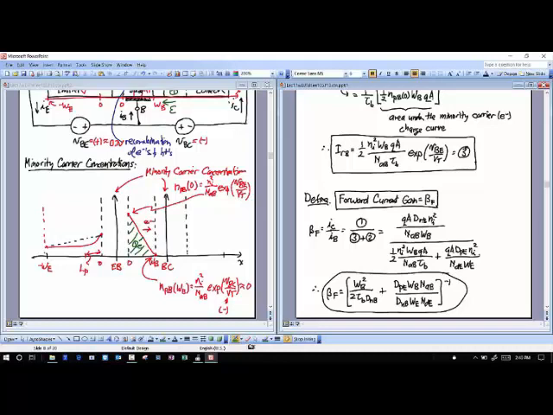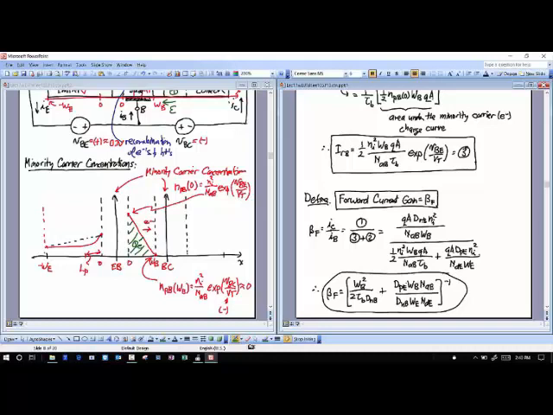And so if I want beta F to be large, which I do, I want it to be 100 or 200 or something like that. You'll see this very plainly in your lab number 4 when you get to it. You'll actually measure it in your lab number 4. But you want that to be large. And so in order to make that large, remember there's a -1 out here, to the -1 power. I want NDE to be much bigger than NAB. That's why I've got the N plus on my emitter. And I really ought to have a P on my base. But I have a P plus, but hopefully my N plus is bigger than my P plus.